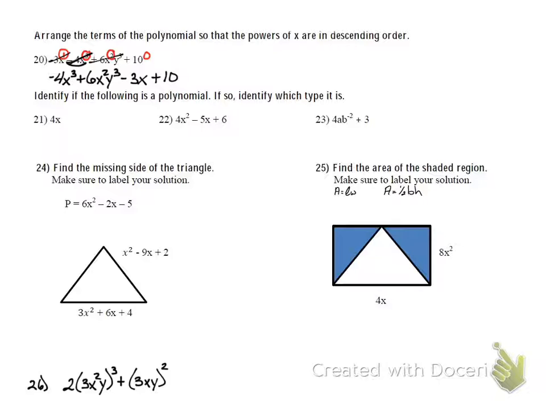You're just identifying. This first polynomial is, yes, it is a polynomial, and it is a monomial. And again, that's because there is just simply one term, 4x. That's it. Now the second one, this is also yes,